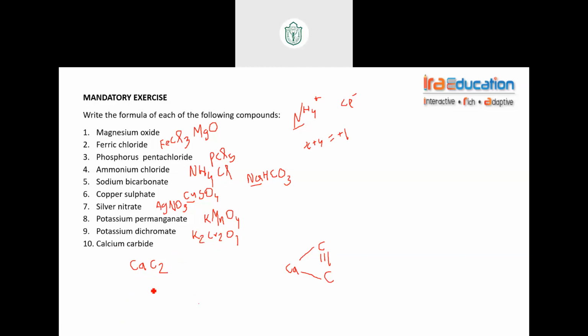Next, calcium carbide. This one I think we already discussed. We have one calcium ion which is bonded with 2 carbons, and there is a triple bond between carbon and carbon. What is the oxidation number of calcium here? +2. If we break this bond, it will get +1. And if we break this bond also, one more +1, so ultimately it will get +2. And carbon gets a -1 here and a -1 here. If we break this triple bond, none of them loses or gains, so we consider the carbon's oxidation number as only -1 because of its bonding. Is it clear, guys? Any doubts?